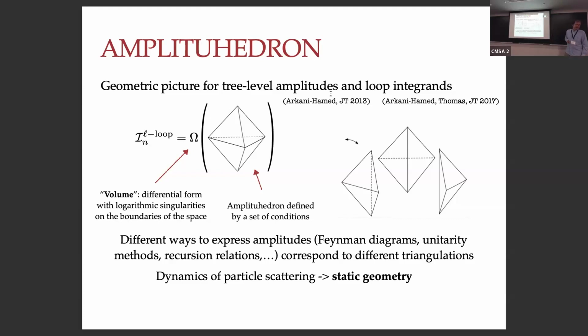And now the different ways to express the amplitude correspond to different ways to triangulate this object into smaller pieces, where each kind of piece in the triangulation would correspond to some building block, either a Feynman diagram or a term in the recursion relation, and so on. And apart from the purely mathematical and computational advantage, which we will see in some cases later, it's a very different way to think about